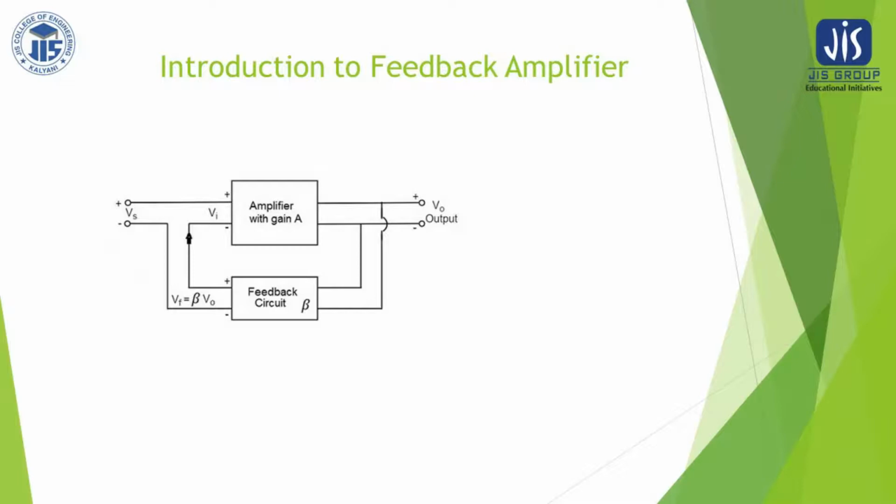The primary advantage is that we can make the gain stable. There are various internal parametric variations, such as we have already seen in the case of transistor biasing, the current gain beta and the base-emitter voltage, which vary from one transistor to another. So that is why the gain becomes unstable if there is a replacement of the transistor in a basic amplifier. So using this feedback amplifier, we can make our gain independent of such internal parametric variations.